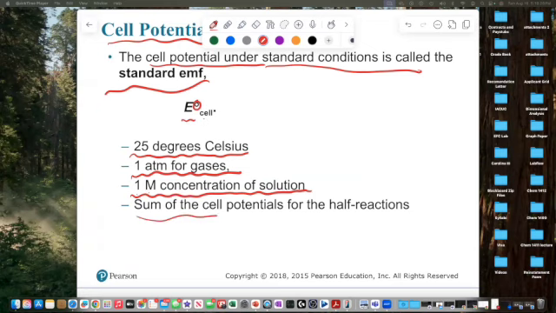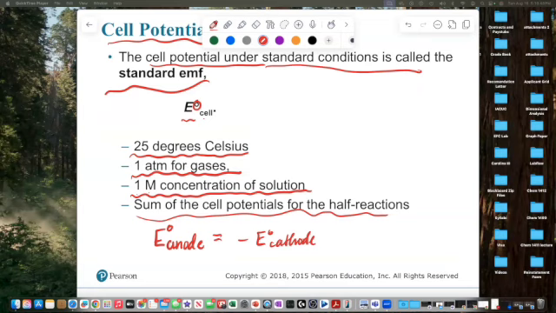It is the sum of the potentials for the half reactions. So while we are here, we'll be told at some point that the E anode, the standard potential of the anode, is equal to negative E of the cathode, okay? Now,